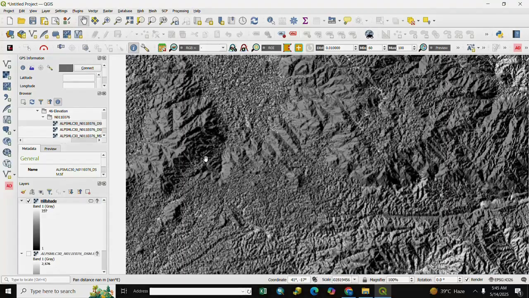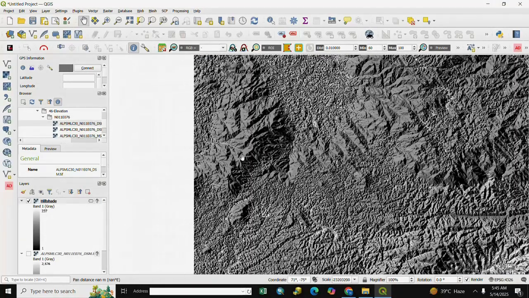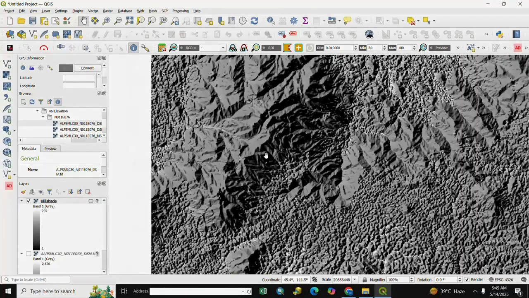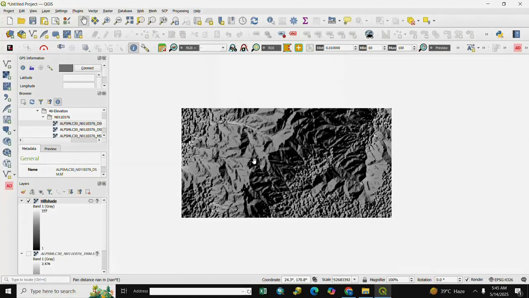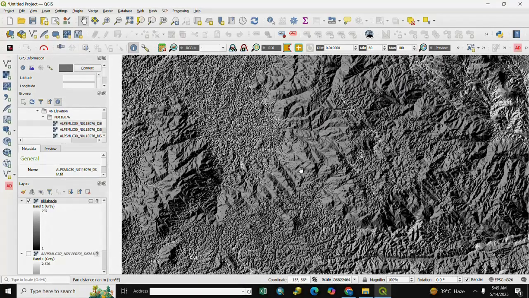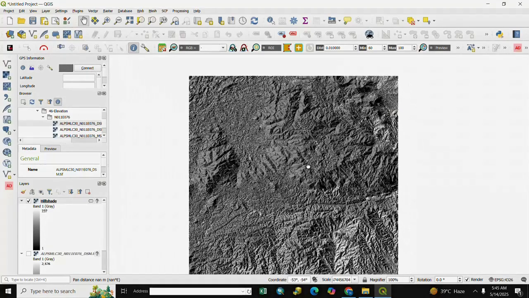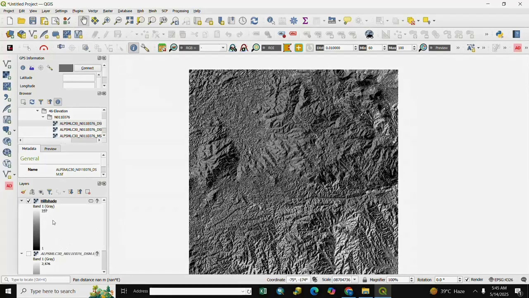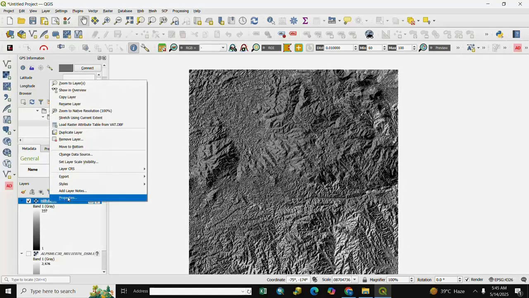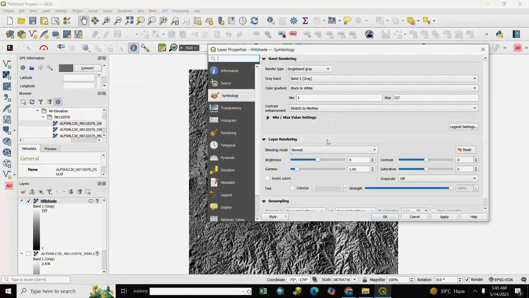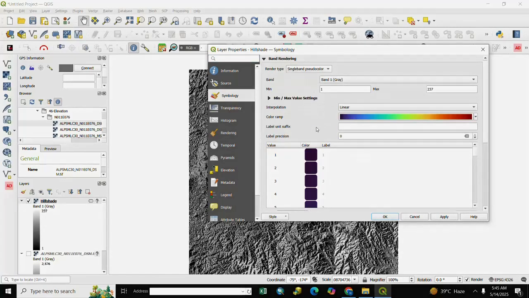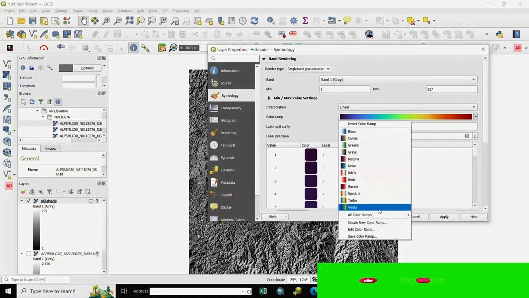Here is our output, the created hillshade. You see here your hillshade is created. If you want to change the color, you right click and go to Properties, and you select Singleband pseudocolor and select a color ramp as per your requirement.